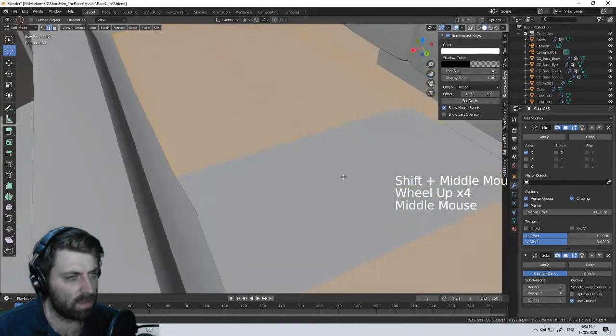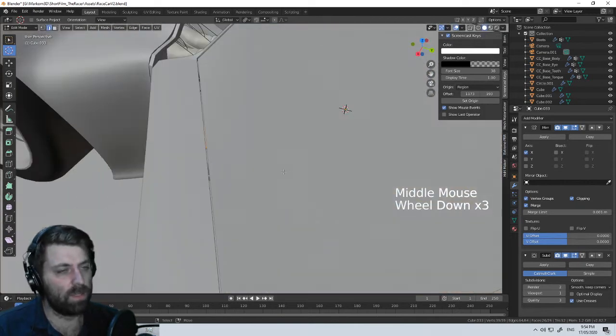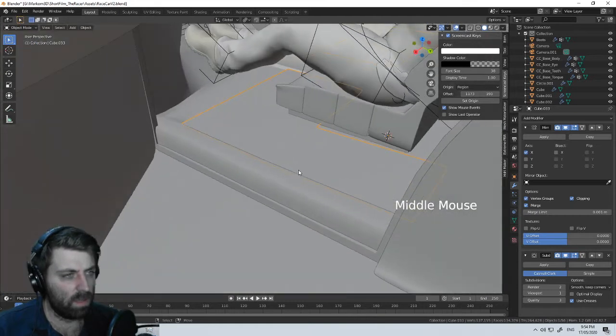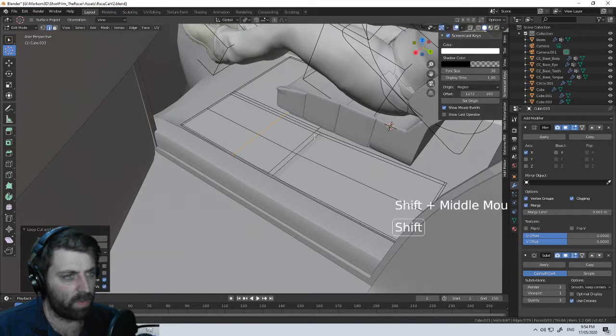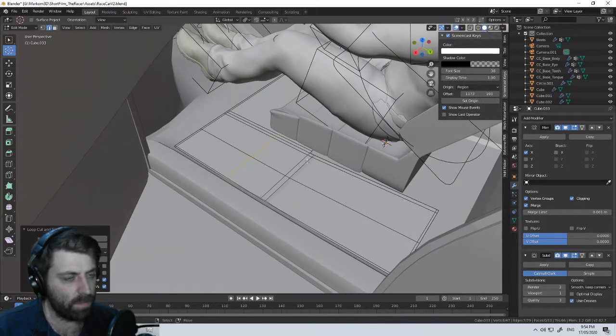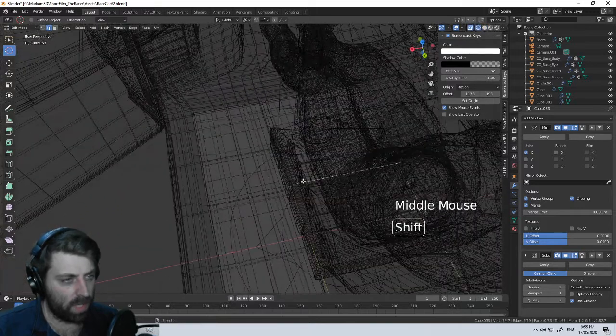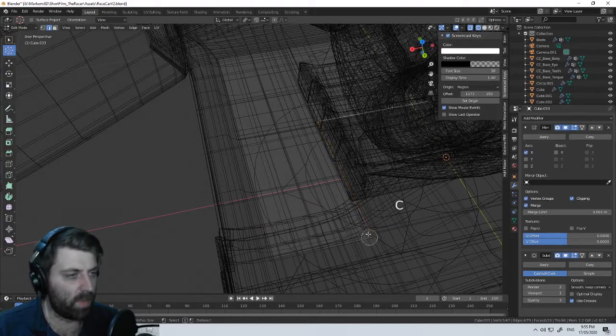What is this? Silly marker. All right, so let's go put an edge loop through here. And then I'm going to probably purge this area in here. So let's deselect this with C, middle mouse button to deselect. And we're going to delete